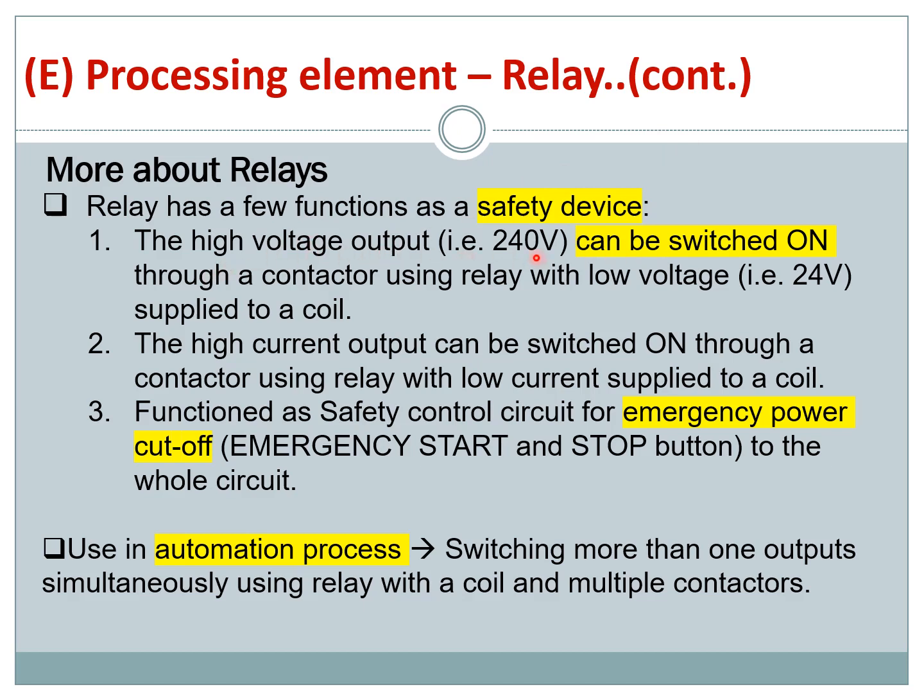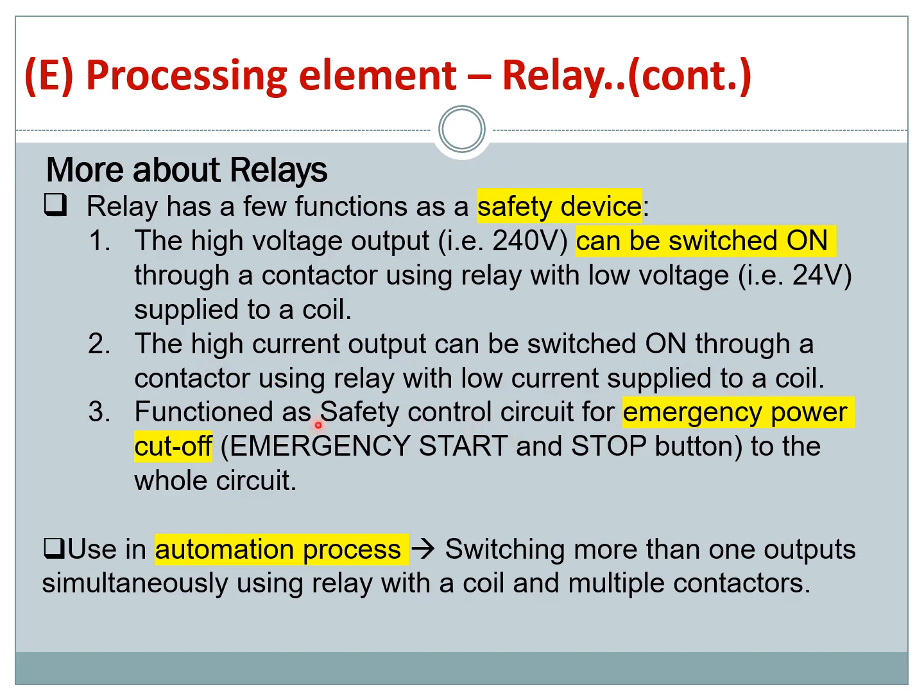So high voltage of 240 volt can be switched on through a contactor using a relay with low voltage. So you use 24 volt to control 240 volt, which is 10 times. Okay, so you can even control a higher voltage, like 512 or higher voltage supply by your electrical supplier. So high current output can be switched on through a contactor using a relay with a low current supply to the coil,